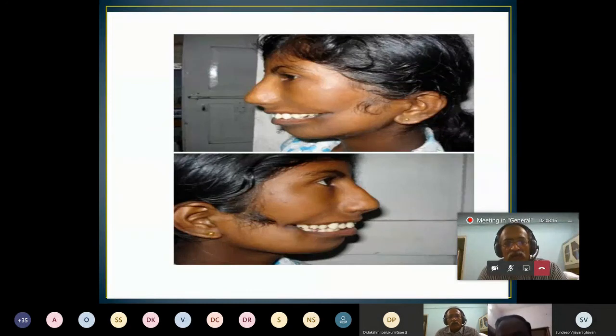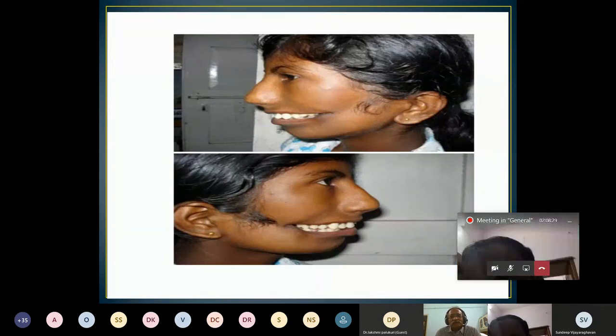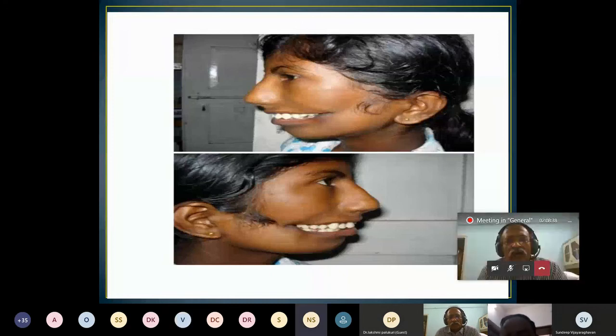Now you have done your angular cleft repair, soft tissue is done well. What is your next step? Next, I'll go for mandibular reconstruction. Directly? You refer the patient to the orthodontist. No, her jaw, see, all her teeth are haywire. Yes, sir. So let her go to the orthodontist. Let him align all the teeth together, and then let him decide, or let the patient decide, whether she requires a jaw surgery or not.